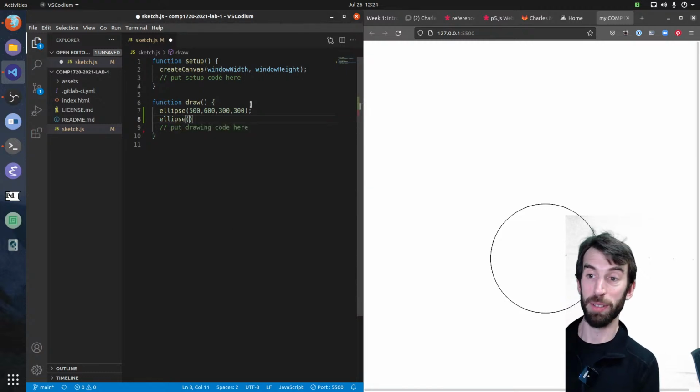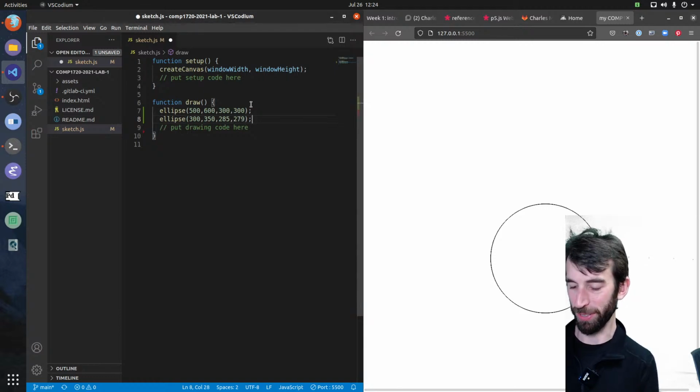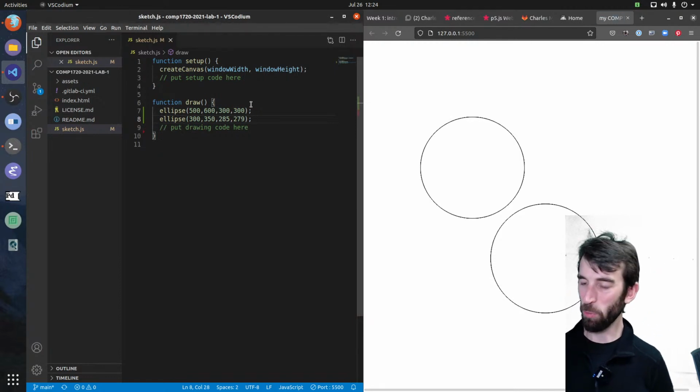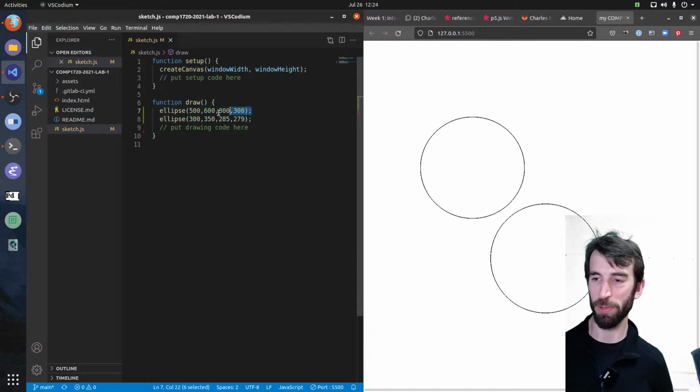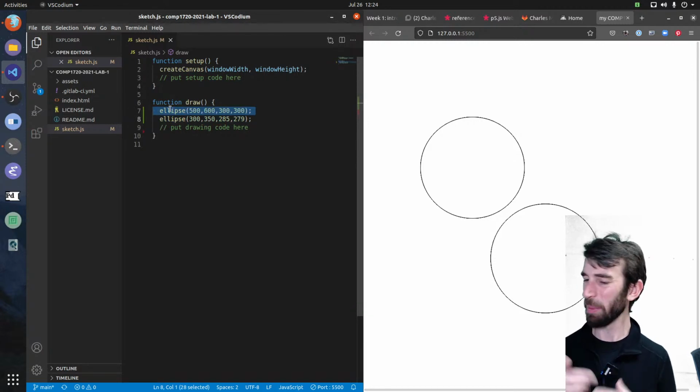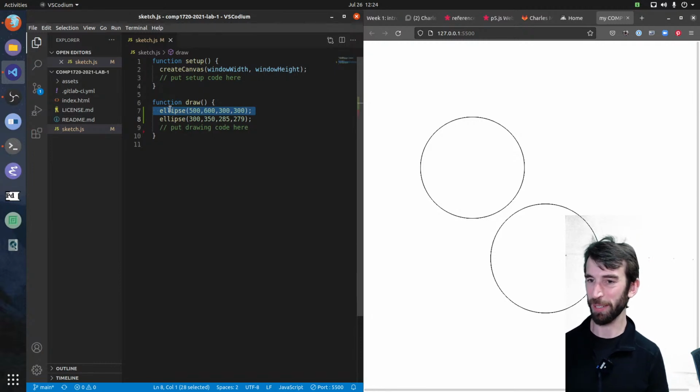I'm going to do another one. 300, 350, and it's going to be a little smaller circle, 285, and maybe a slightly wonky circle, not a perfect circle, a poorly drawn one. I've got 2 circles. You can see one of my lines of code is drawn above the other. When the computer is running this code, your web browser is running the JavaScript code, it does this line first and this line second. So this is the order of operations I talked about. It seems easy and obvious that would be what happens, but things get a little bit more complicated sometimes, as we'll see over the next few weeks.